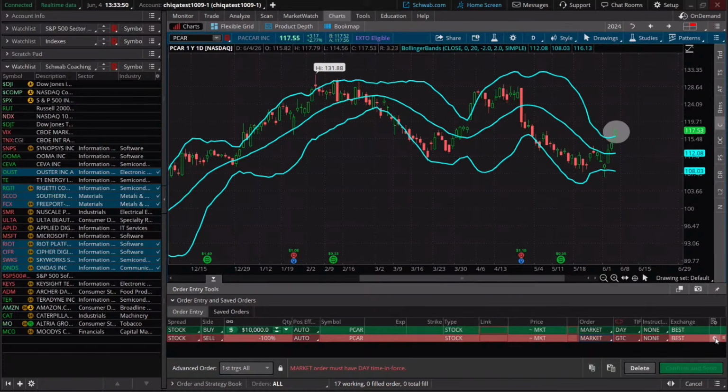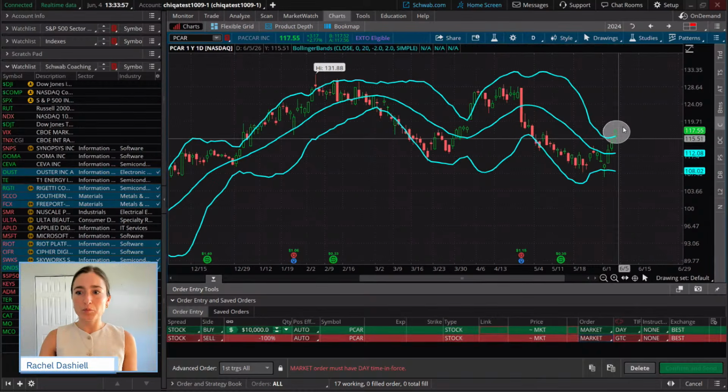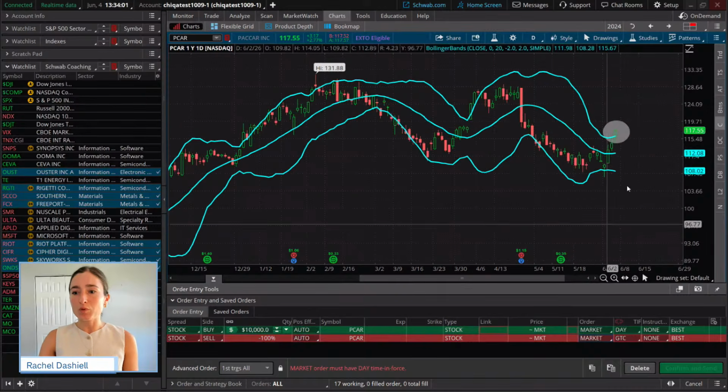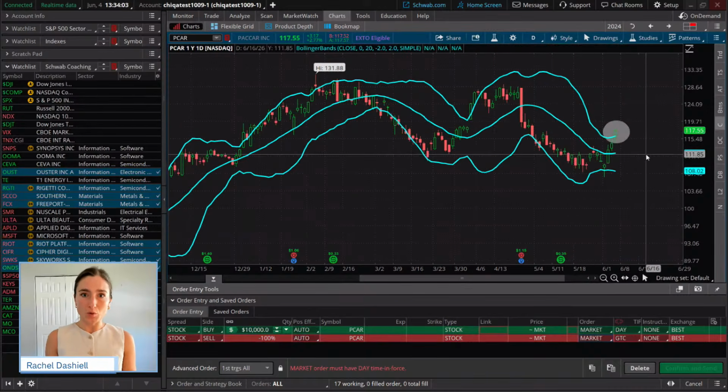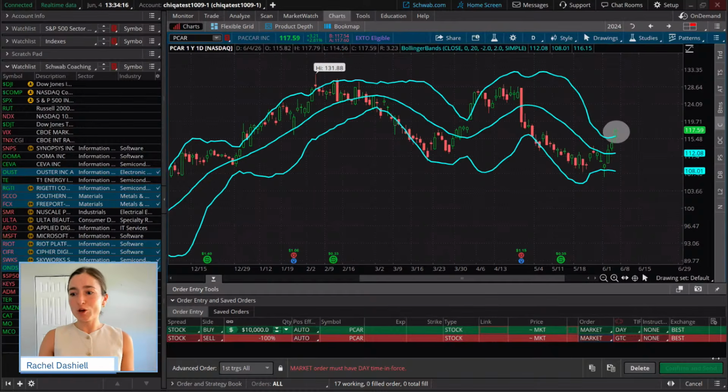Because remember, we talked about how, in a trend trading system, the Bollinger Band entry is when price crosses above the Bollinger Band and the exit is when price crosses below the lower Bollinger Band. Now, again, if you're more conservative, you could put in the 20 period simple moving average, but a true trend trader is not looking to exit until they see a bend in the trend, and the trend is your friend. So we're actually going to go to this conditional order entry, and we're going to open that one up.